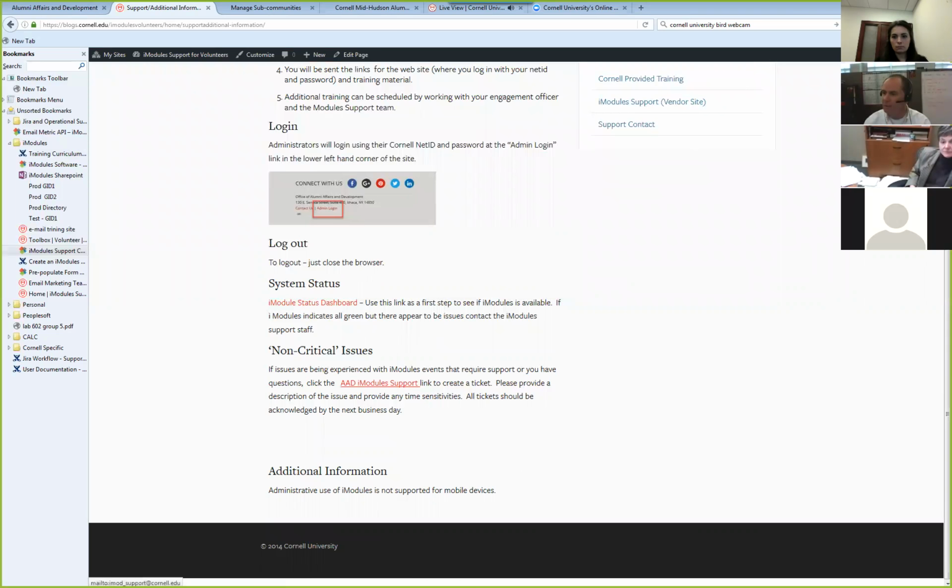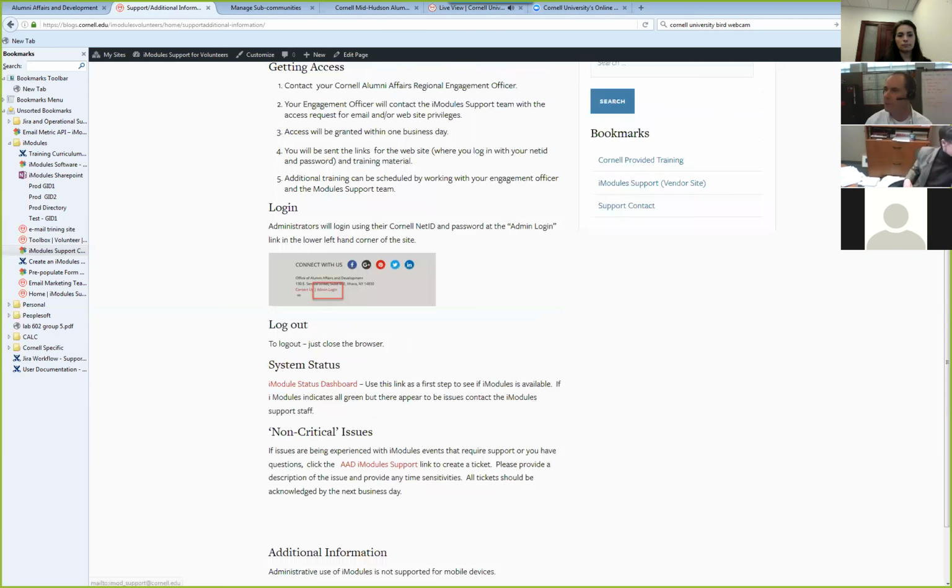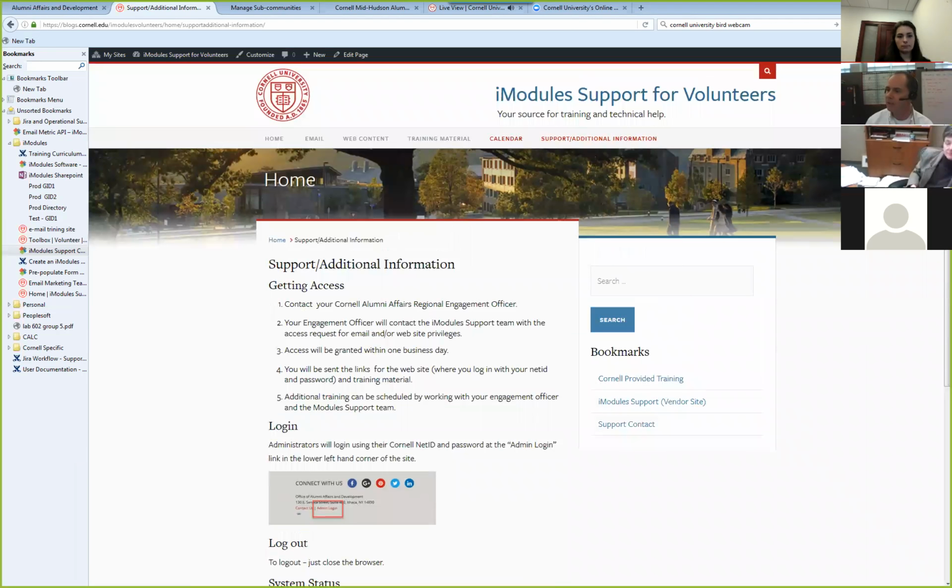And then down at the bottom, there is a link to send an email to myself and my team, and it creates a ticket in our system. You should feel free, if you want, to work with your engagement officer, and also go that route. But worst case scenario, you can always get in touch with us. My objective is always to get back to you within 24 hours, at least to acknowledge that we've received it. Another piece over here is a calendar